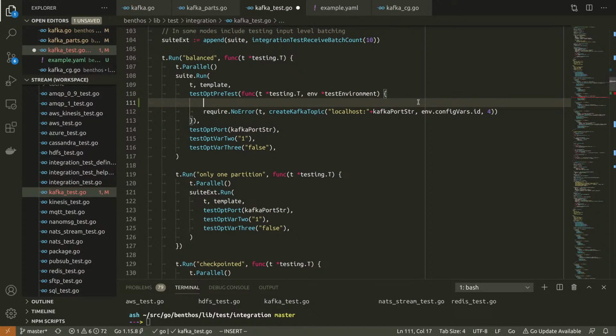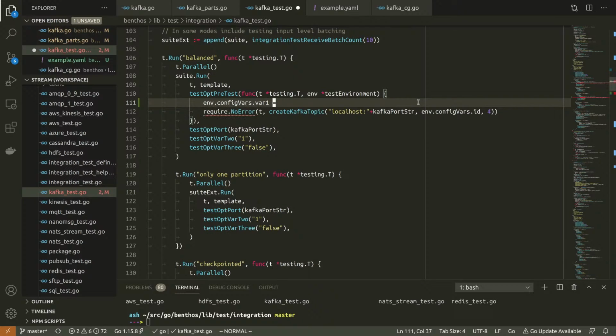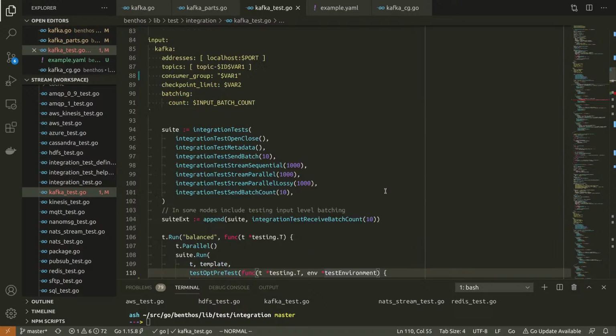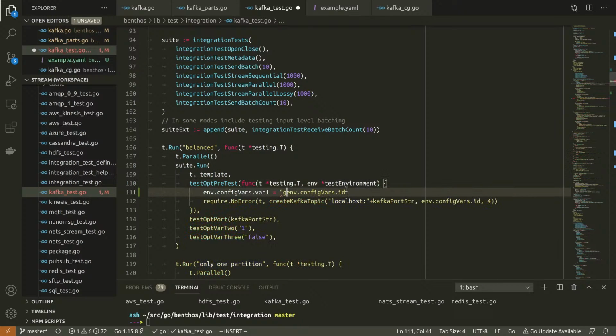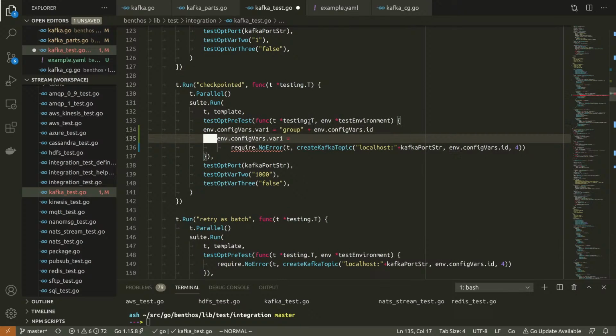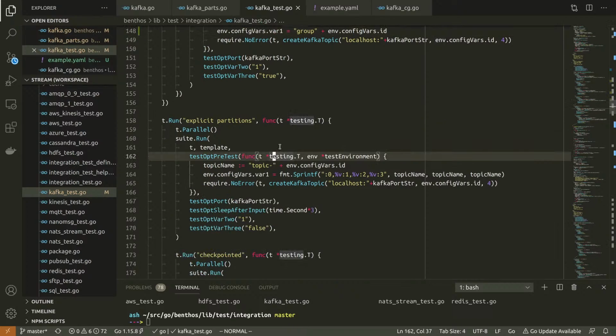And in the test opt pretest for these, config vars var 1. What? Oh. I'm just going to make it the ID. Because I don't think we need the... whatever. Let's call it group. Group plus the ID. And I'm going to copy this in all the tests that expect to have a consumer group, which is all of them so far.